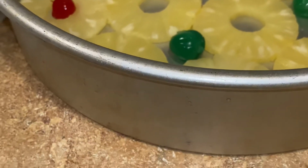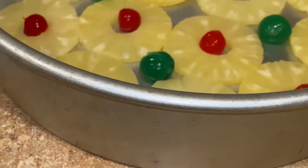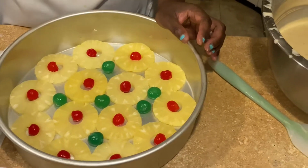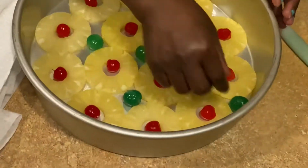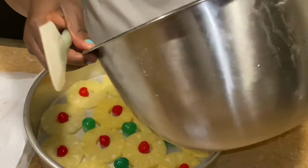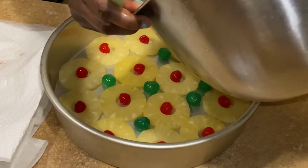Okay, and this, like that. Okay, you see the base of it? It looks so nice. We do it like that. I don't know if the plateau will take everything, but I don't want to put everything on it because now we're gonna put our beater. Let me make sure that everything is there. Okay, we're gonna put the